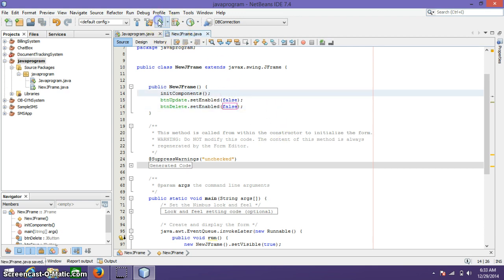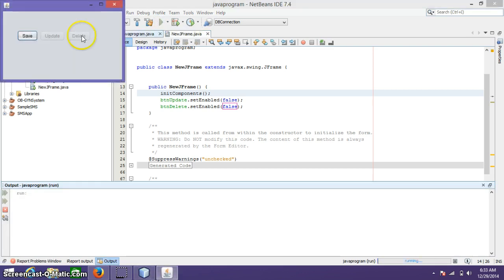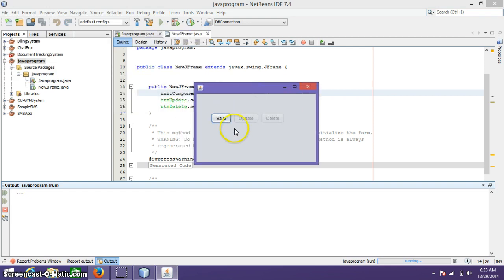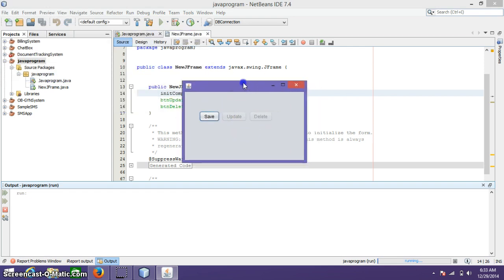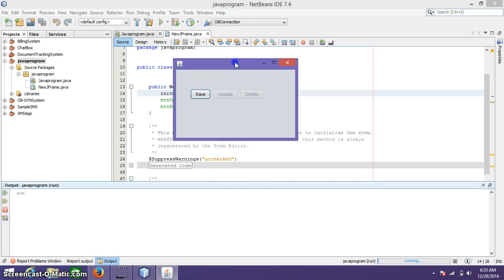Okay, run. Okay, so the two buttons are disabled. So this is very simple. So we have done.